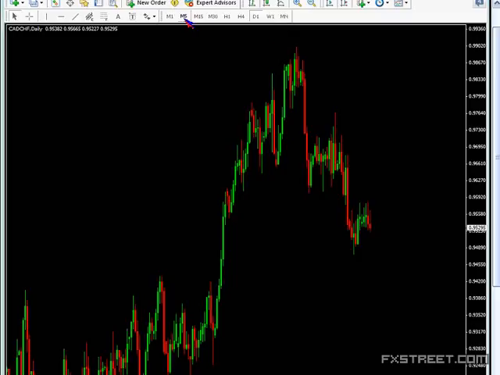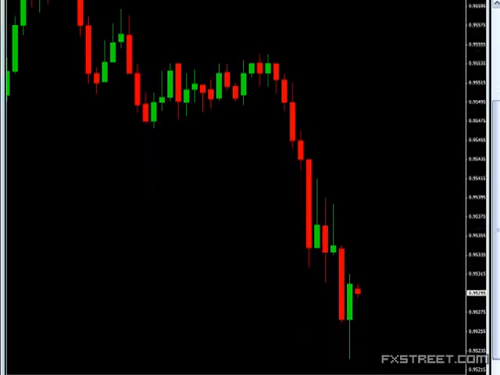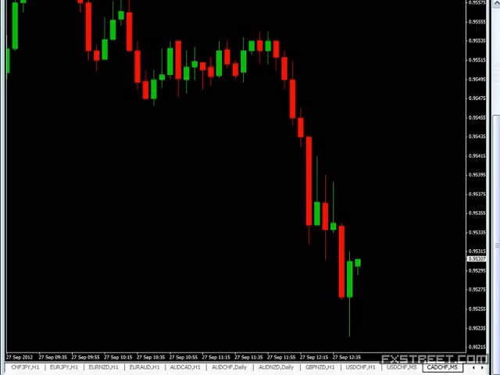CAD Swiss daily chart, long-term trend looks like it's to the downside, that's for sure. If the U.S. economy is bad, we're going to consume less oil from Canada, but Canada's a lot more than oil. I tend to think that the Canadian dollar is a proxy to the U.S. economy, in the sense that if the economy gets better here, we're going to see a stronger economy in Canada. So I think that the U.S. GDP number and the durable goods, especially the durable goods number, I don't think that that's going to be very